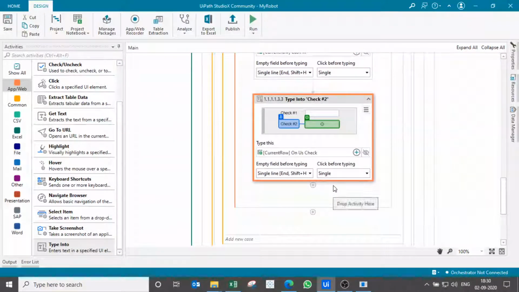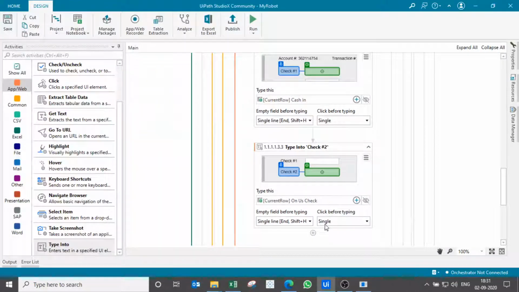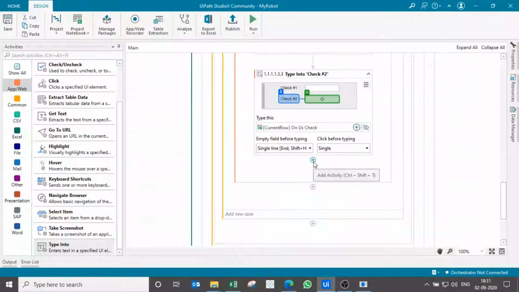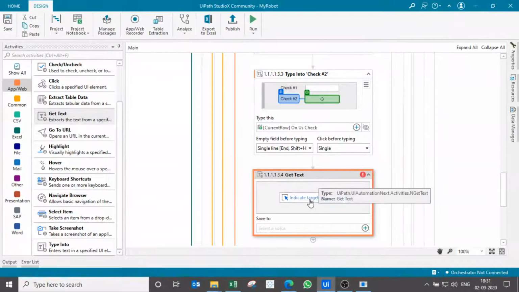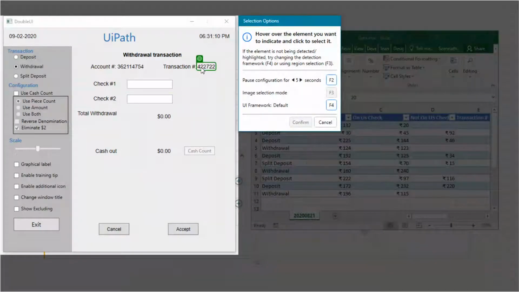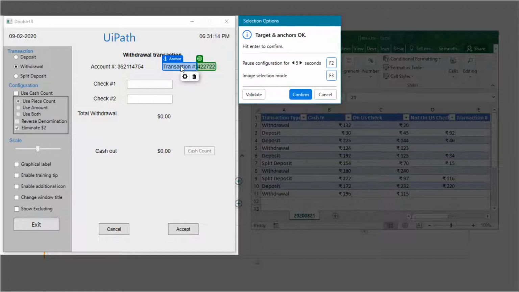Now this is cleared. So far we have put this and this. So now we have to take the transaction ID, get the transaction ID. So what we will do, we will add a get text, and we will indicate on the screen, and this is the screen, and I want to have this one as an anchor for reference point.